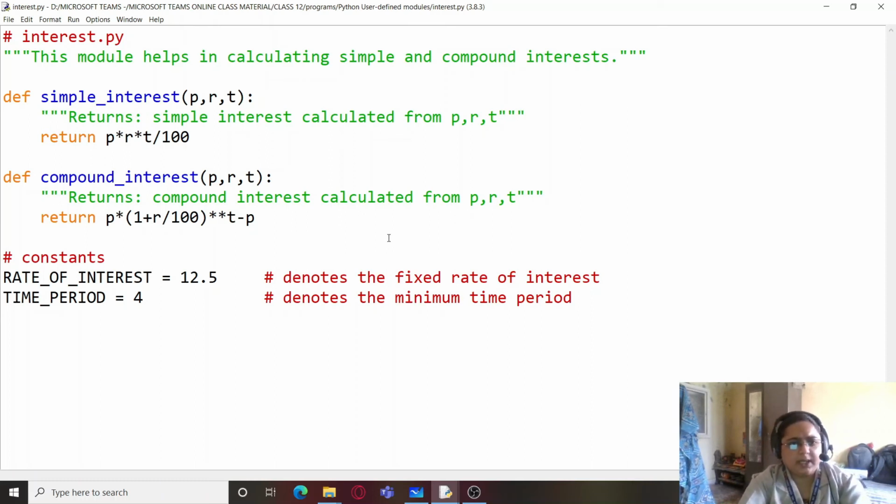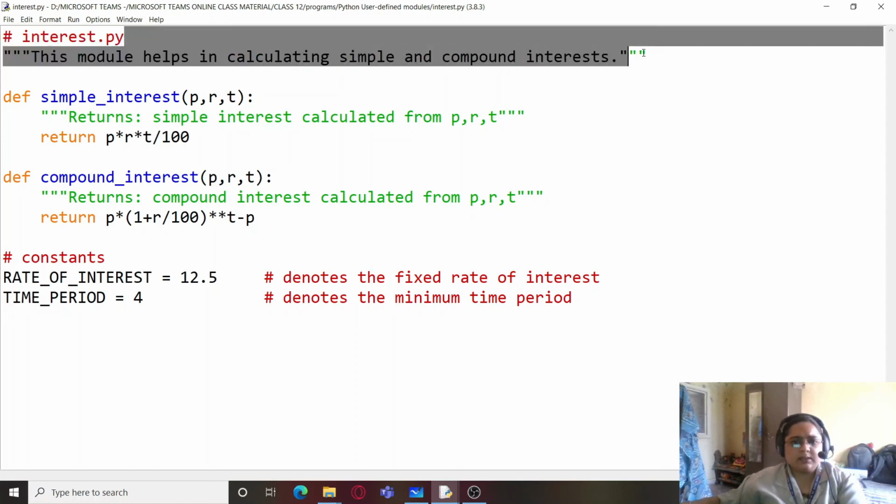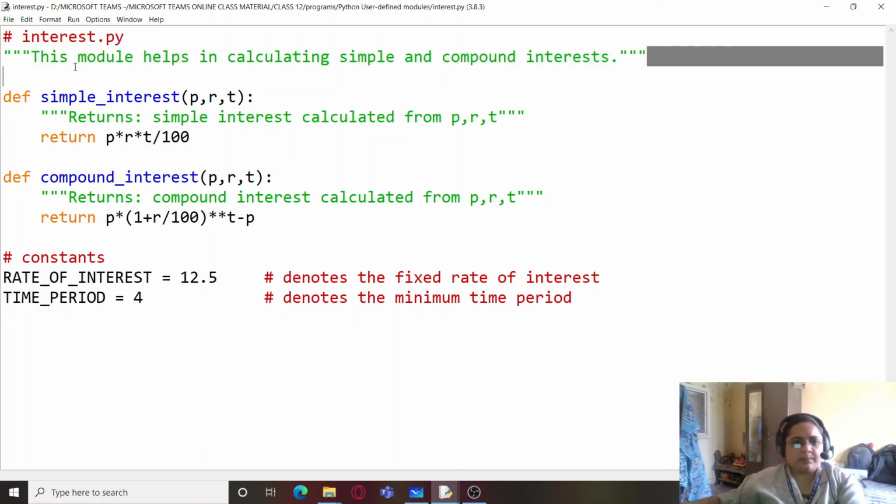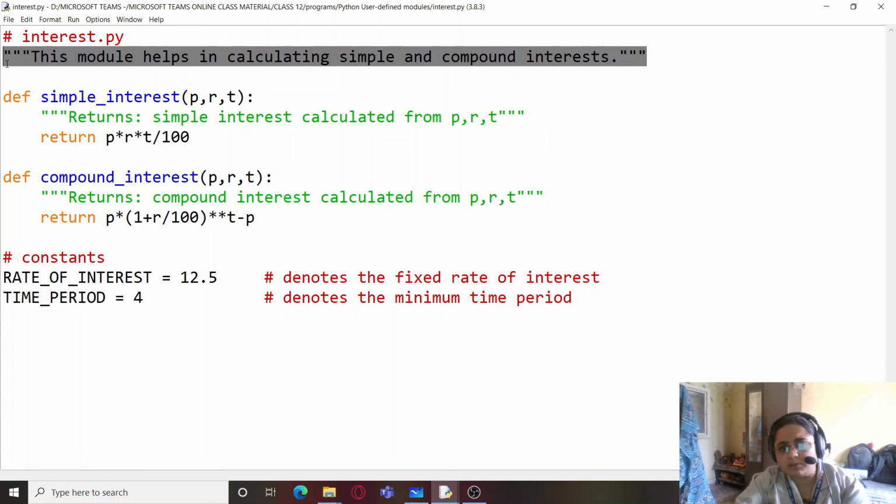So we have created a simple module. Module is very simple. It completely depends upon the designer of the module what the user is going to design. So here you can very easily see that we have many things. The first one is the name of the module. Then the next one is the doc string, which is very important. When it comes to creating modules, internal documentation of the modules is very important. You need to describe each and everything which you are using there.